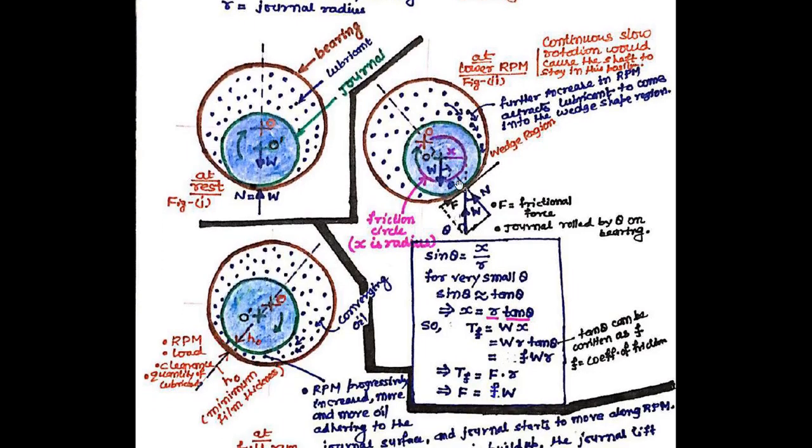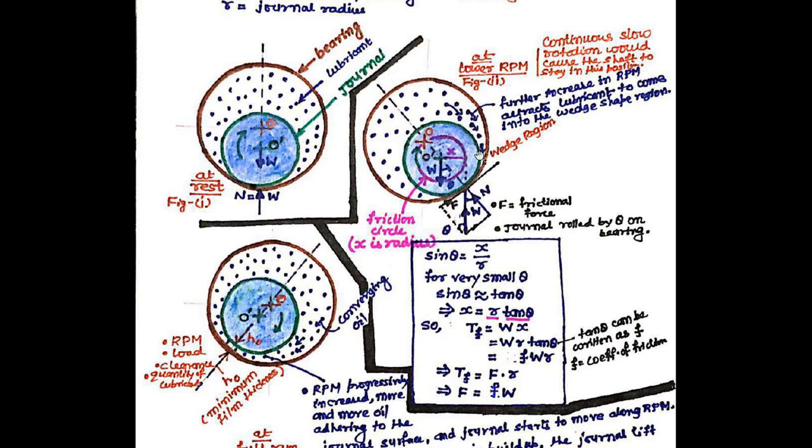Now here, due to the rotation of the journal, see figure 2, some quantity of lubricant comes into this space. This region or space is called the wedge region. So due to the motion of the journal, the lubricant comes into the wedge region, and when the speed is further increased,